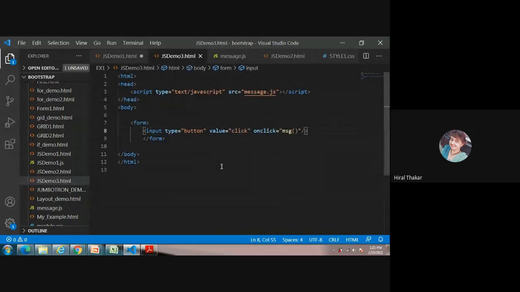Okay. So when I execute this demo3.html, it will give you one button. When I click on the button, it will take the reference of the JavaScript file. So this is known as external JavaScript. You have to save a file with .js extension and then link it with the script tag. See what I told you, script tag will be there in all three types.